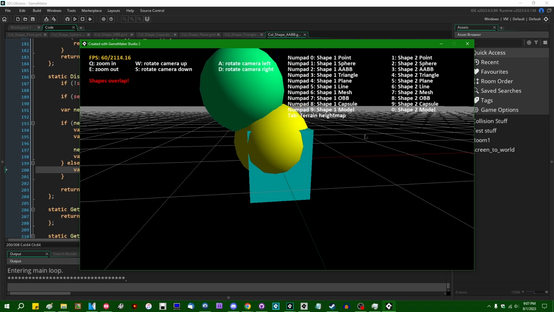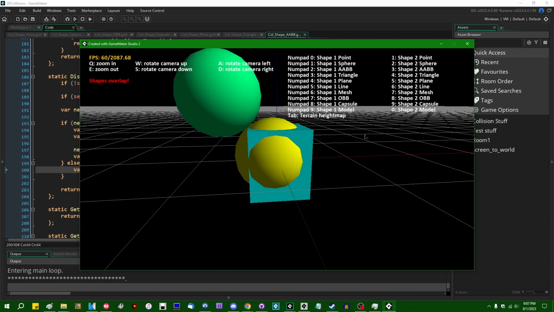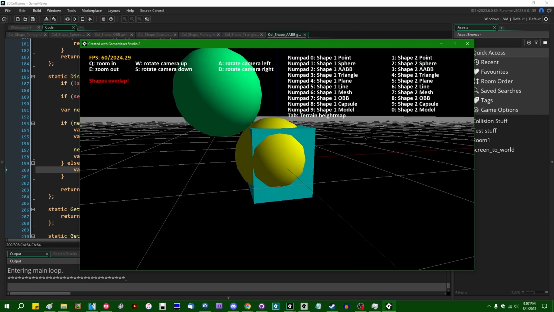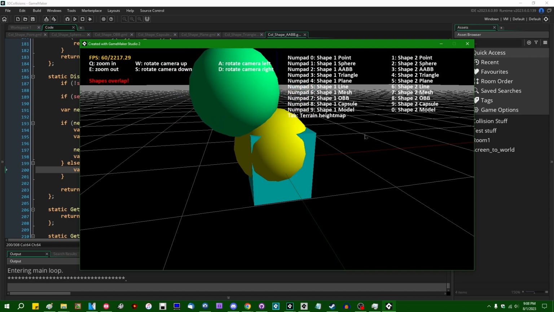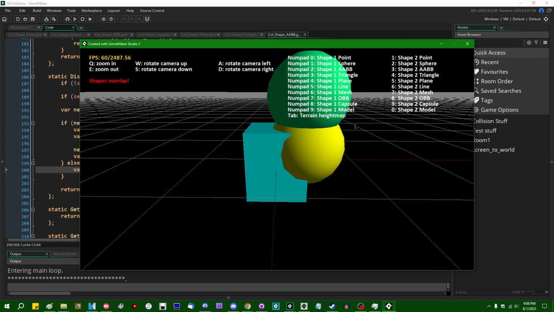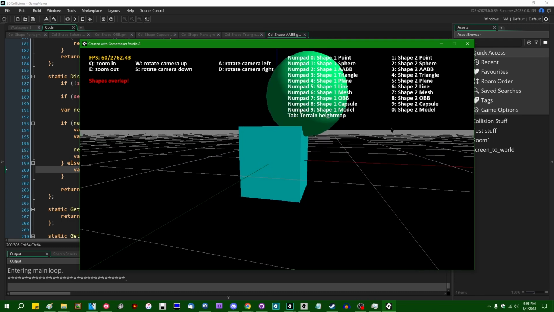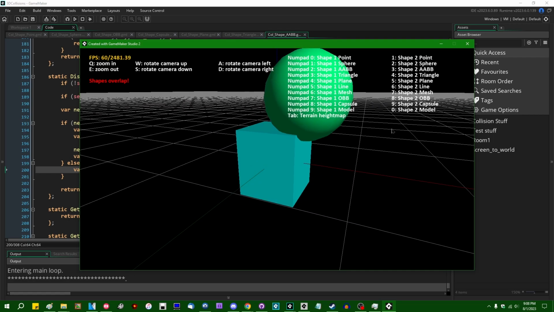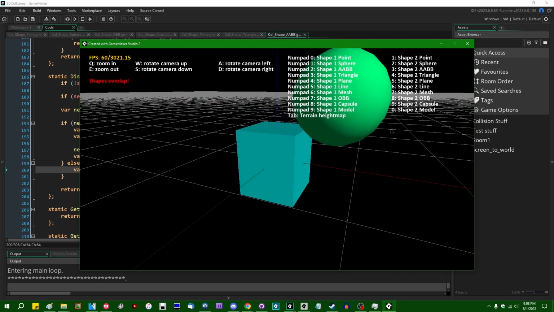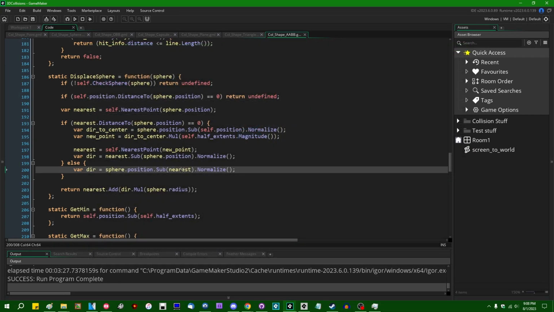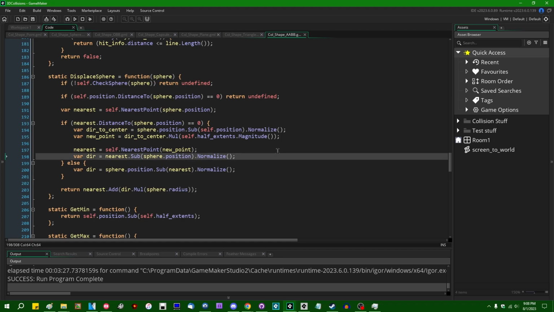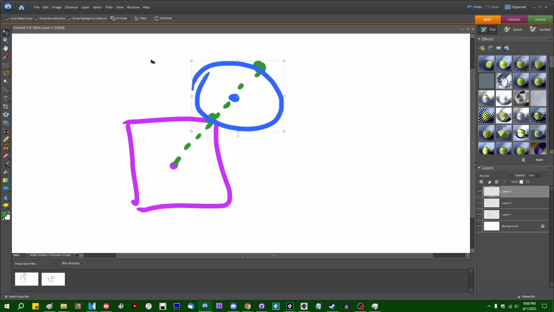If I were to move the shape around in different ways, you would see that it'll behave slightly differently based on the exact direction between the two centers of the shapes and that sort of thing. In a lot of cases, it'll be displaced correctly, but also in a lot of cases it won't be. And if you're trying to have a character run around in a game, if you do something like this, you'll probably end up with some weird cases where you teleport around corners or something, which isn't really ideal. So what you really would want to do, if we go back to our diagram over here,